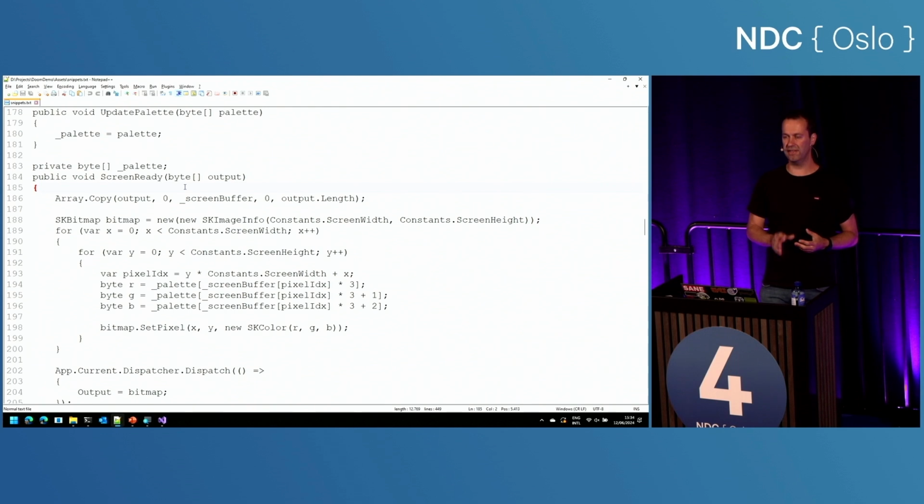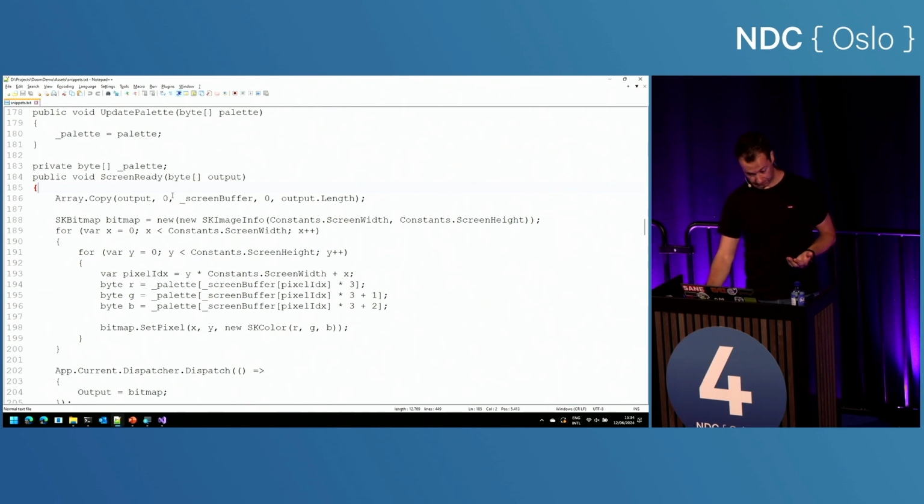There's no support for index 8 in SkiaSharp, as I've mentioned. So we need to do this ourselves, which basically means creating a bitmap with the correct width and height, and just loop over the widths and the height. So we're basically going row by row for every screen that we're rendering.